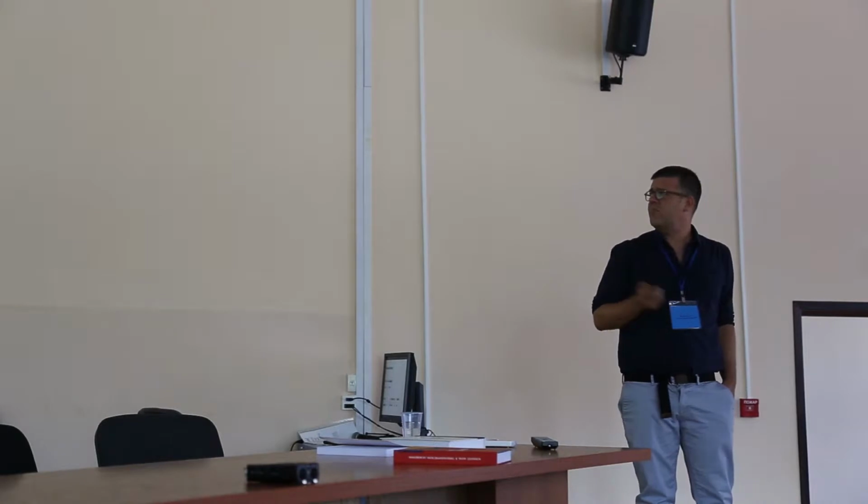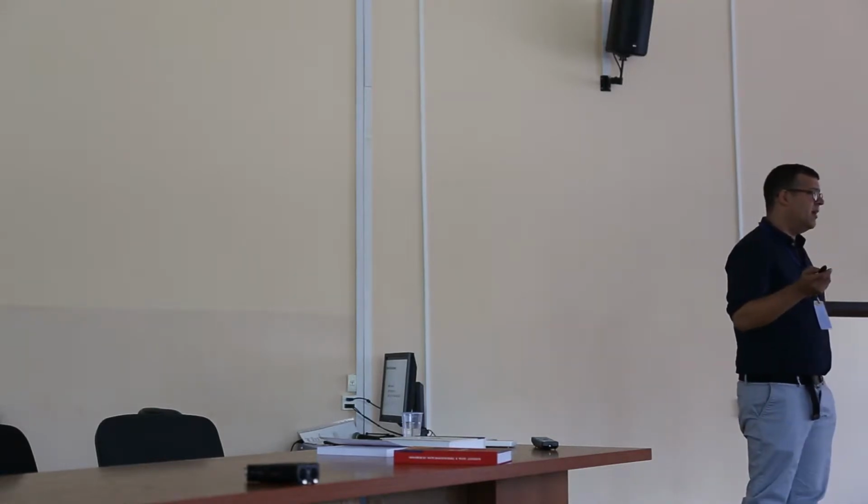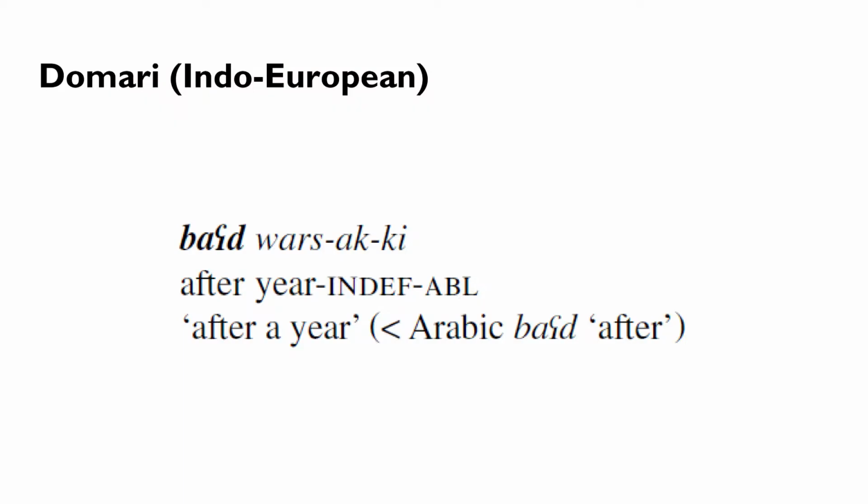All right. And if we go through things, we can see all sorts of borrowings of various sorts. And we'll talk a bit later about whether borrowing is really an apt word, but we won't focus on this too much. So Domari, which is an Indo-European language spoken throughout the Middle East, we have huge influence of Arabic. This has been especially studied by Yaron Matras. So we have things like ba'ad, which means after, right? It comes directly from Arabic.